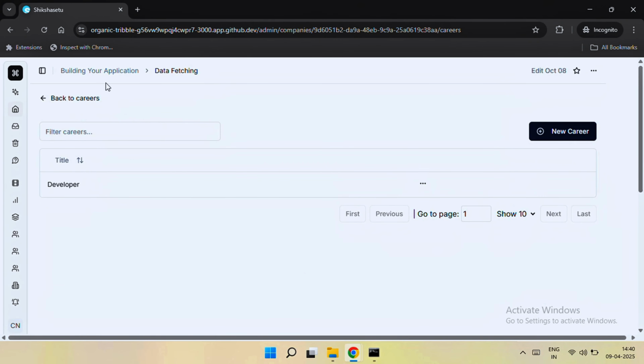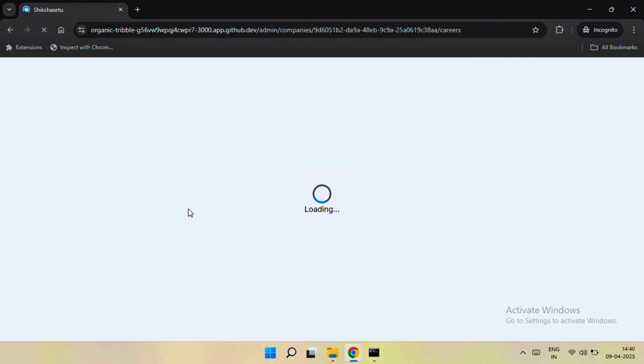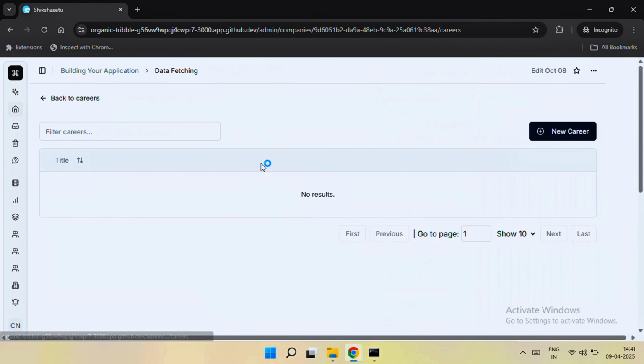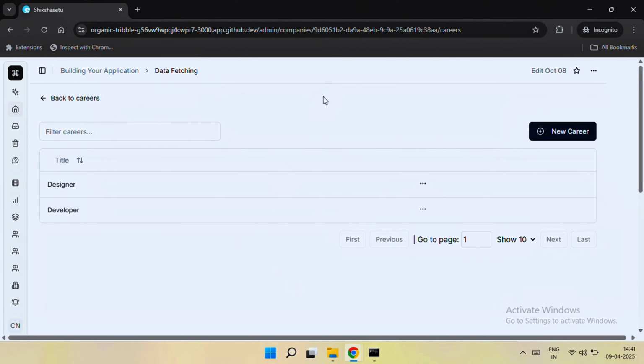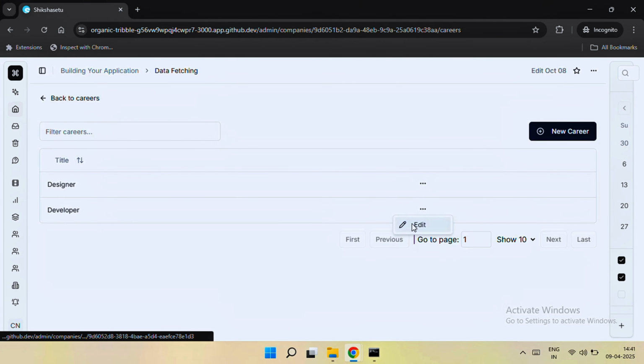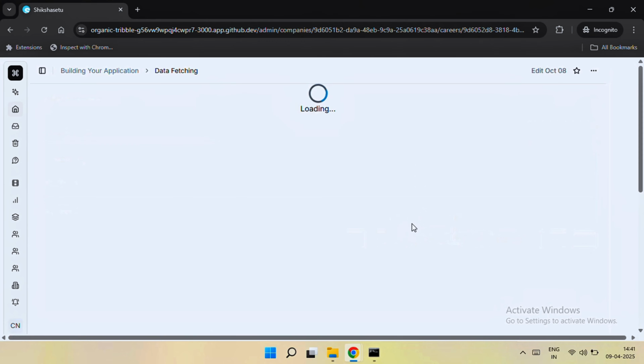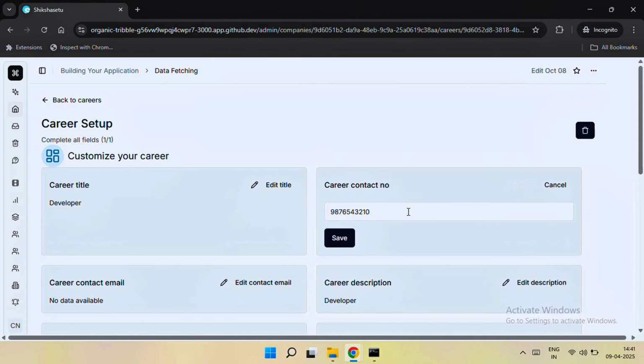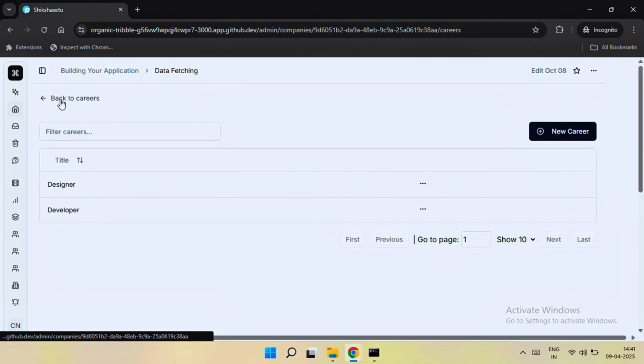and refresh it, after refreshing to see the working, we go to the first career page, edit view. As you can see, this is the career contact number as it should be. When we go back to careers and go to the next career edit view page,